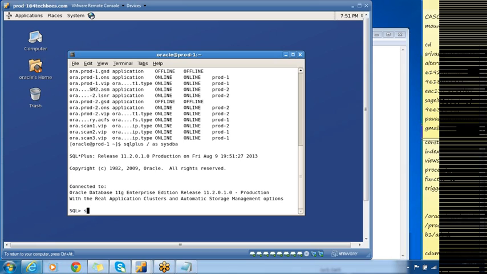And let us go into our ASM, sqlplus / as sysdba. Select.